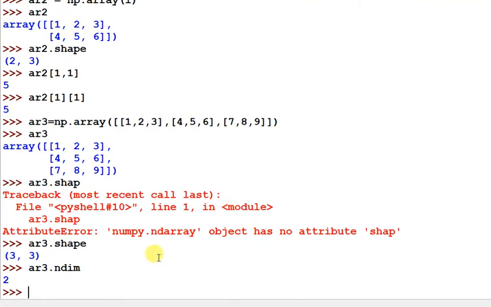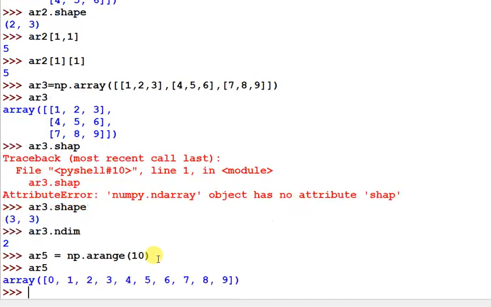Let's check this. Suppose I am generating ar4 using np.arange with 10 passed. So you can check ar5. This has generated 10 numbers, 0 1 2 3 4 5 6 7 8 9. So a total of 10 elements generated by this arange function, but it is a one-dimensional array because it has only one dimension.